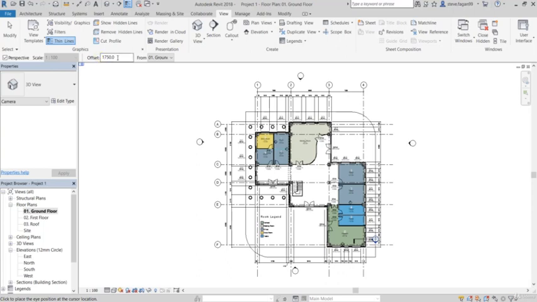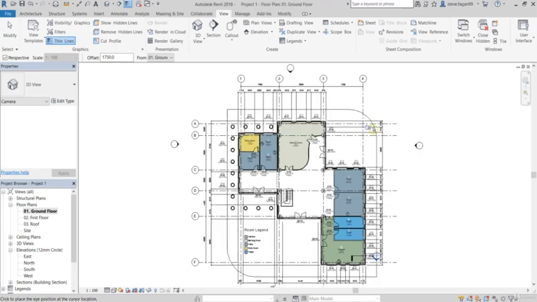Next is the offset and where it's offset from. So currently, when I place my camera, it'll be 1750 from the ground level, which is kind of an average eye height. So that's why they've set it to 1750. So to place the camera, I'm going to place it in this section here. If I zoom in,